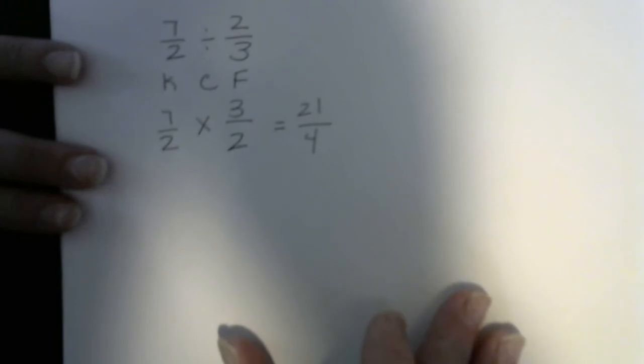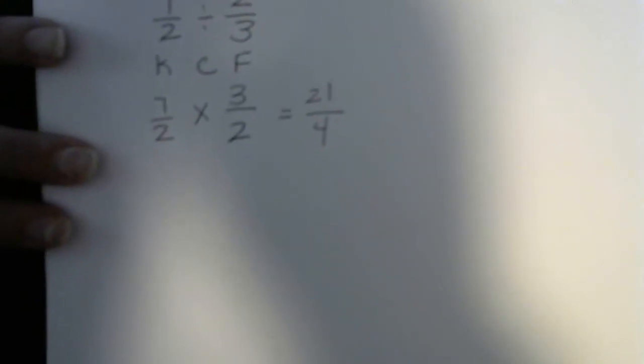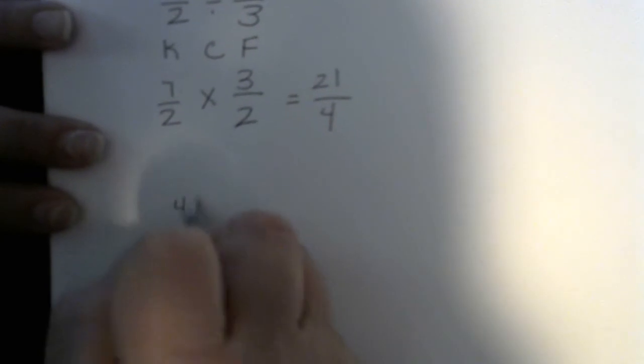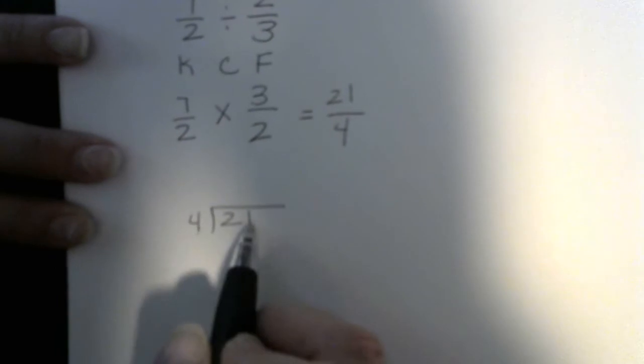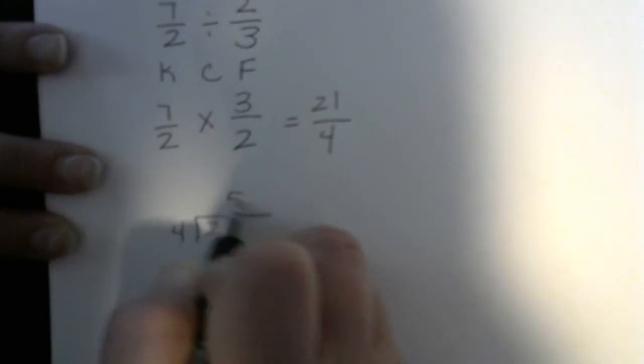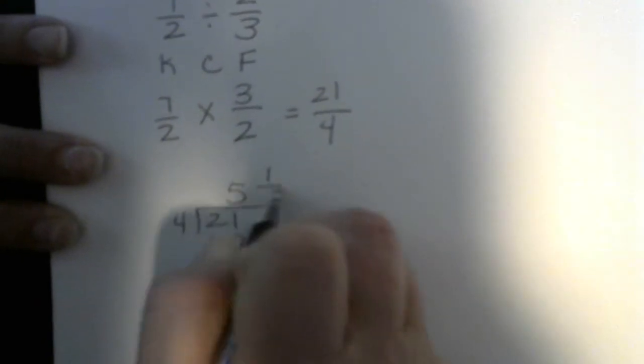Now we have an improper fraction, and we must rename that to a mixed number. I am going to use division this time. I know that 4 times 4 is 16. 4 times 5 is 20. So I get 5 1/4 as my quotient. Now, that's 5 1/4. Guys, if the division throws you off right here in renaming, we could have said 21